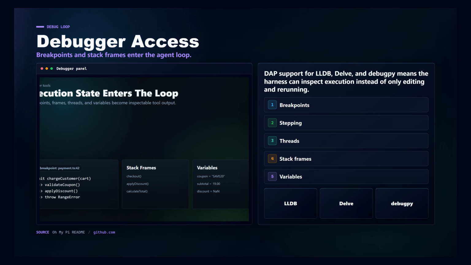Debugger access is where the tool gets unusually ambitious. The README describes DAP support for LLDB, delve, and debugpy. That means breakpoints, stepping, threads, stack frames, variables, and expression evaluation can be part of the agent loop. For a segfaulting C binary, a hanging Go service, or a wedged Python worker, that is a different workflow from